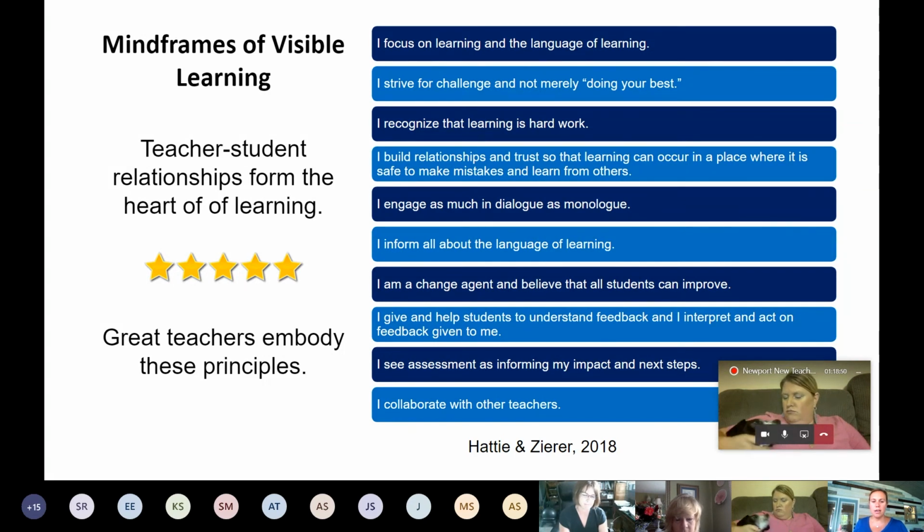I want you to think, do I believe this? Do I feel like I already do this well, or is this something that I think could be a strength for me? And is there one, and maybe just start with one, that I want to be intentional about, or that I want to try and improve or work on this year? I think there's lots of good ones here. So I just want you to take a moment and kind of read through them.